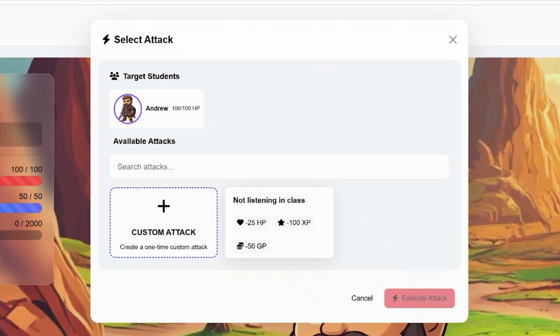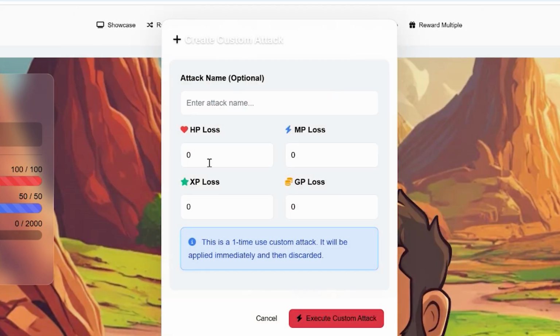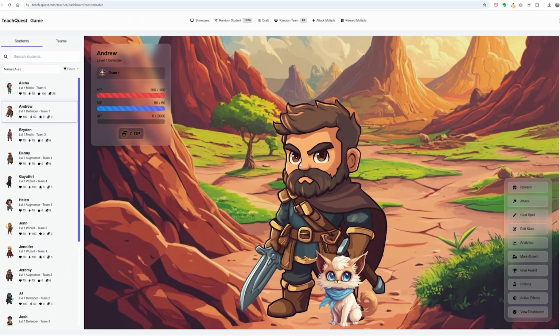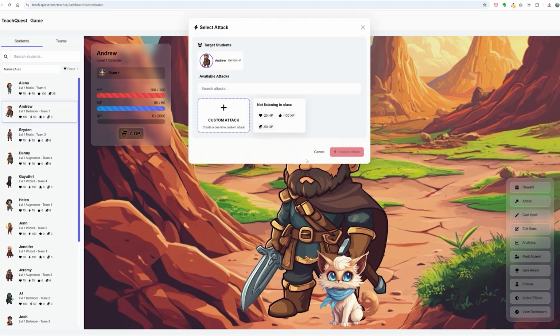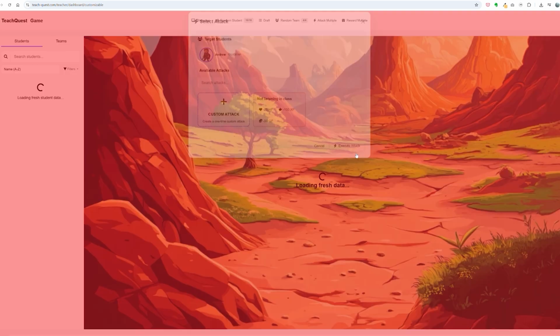And same idea. We have the default at the start of the game. As soon as you create your account, the not listening class, which does a little bit of damage to Andrew, costs him some experience, costs him some gold. Now, also have the ability to do a custom attack. So for this one, since I've already shown you how to do a custom one, same idea for here, but I can also cancel that. And just for the sake of this, I'm just going to go with the saved one. So just click on it, execute attack, and